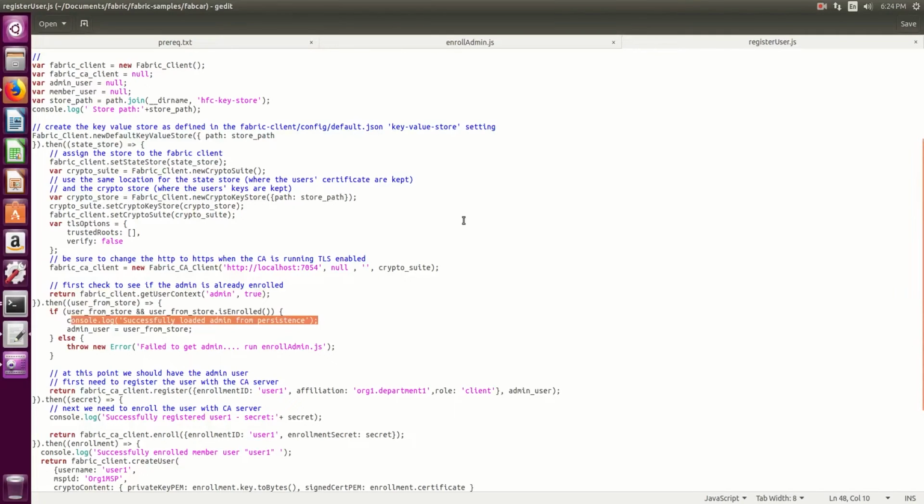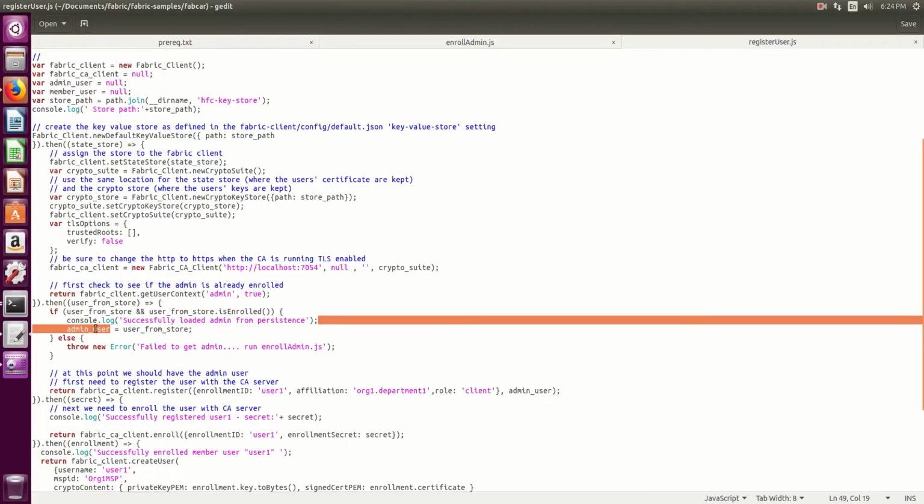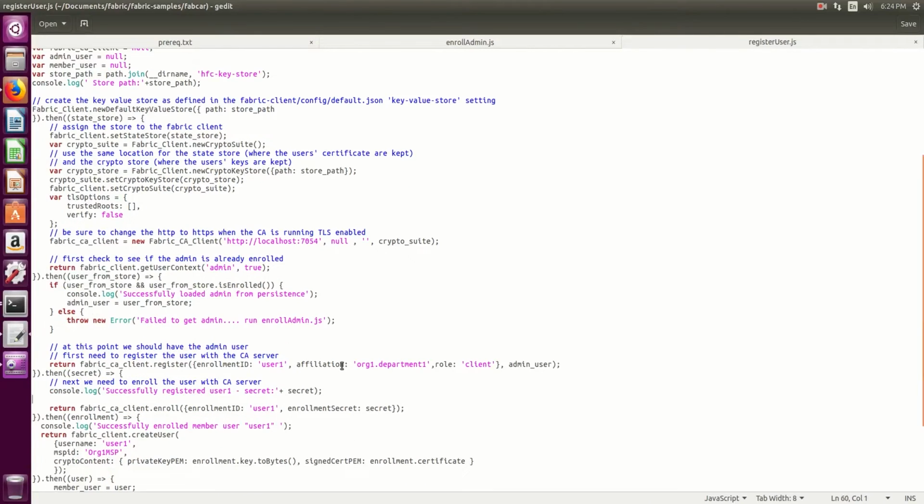Once the user context is loaded, we register a user. So as you can see, with Fabric CA client, we're registering a user with user 1, affiliation organization 1, department 1, and the role of the user is client. We can define the role of any user,